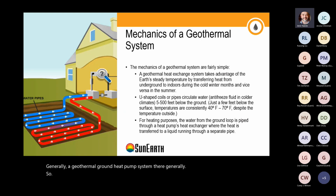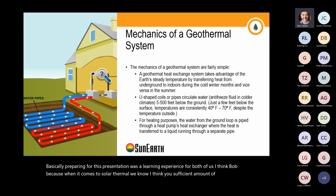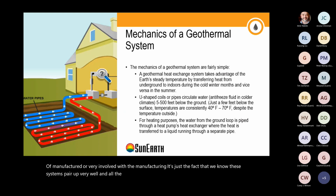Basically, preparing for this presentation was a learning experience for both of us, I think, Bob, because when it comes to solar thermal, we know a sufficient amount of information, and we have a good amount of knowledge and experience in solar thermal manufacturing, deployment of the system, and all that. But obviously, geothermal is not something that we've ever manufactured or been very involved with. It's just the fact that we know these systems pair up very well, and all the empirical evidence and all the research data suggests that these are great